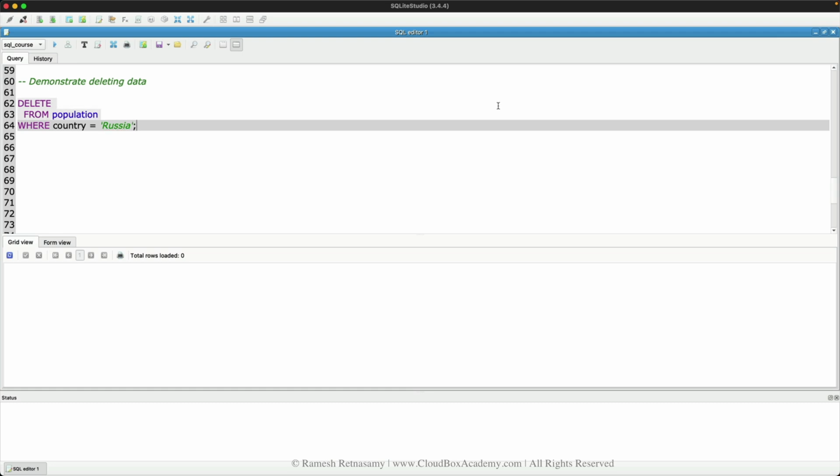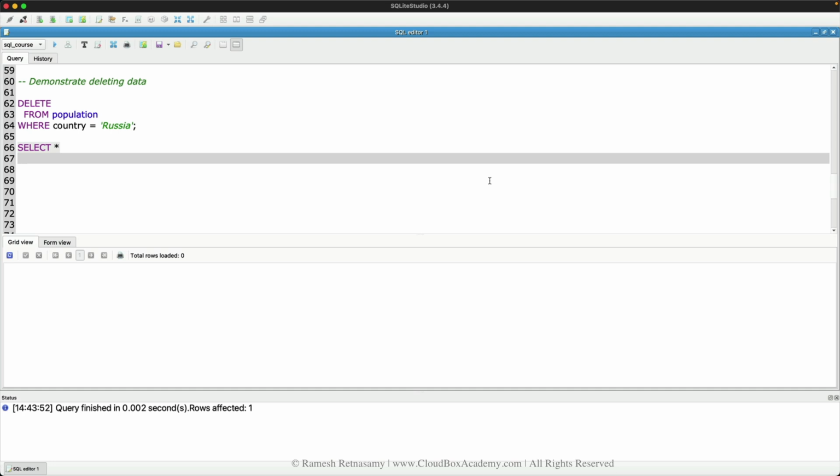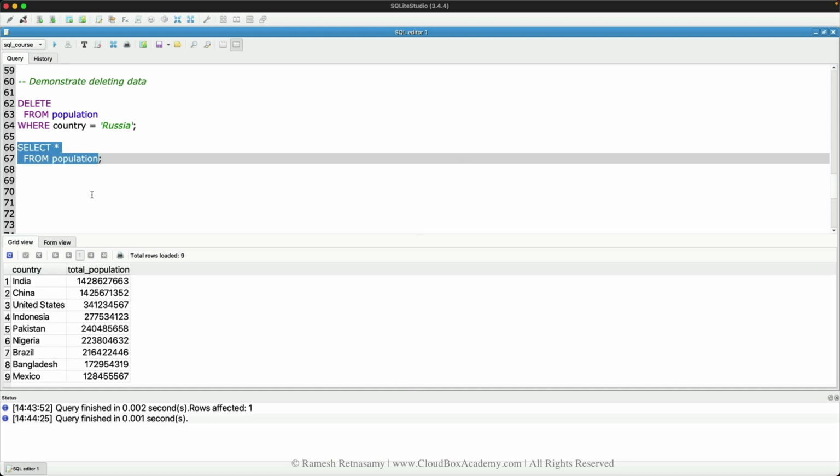If I execute this statement, it should delete the record for Russia. So let me execute that first. And as you can see, one row has been affected in the status here. Let's confirm that by running a select statement on our table. I'm going to simply run select star from population, and let me execute this statement. I should only see 9 records here now. As you can see, we've got 9 records in our output, and Russia is missing from the list